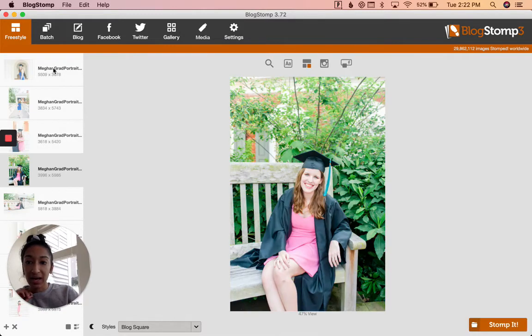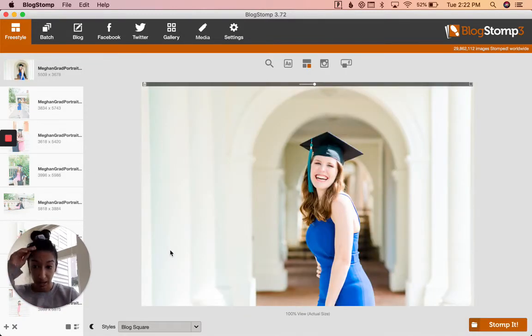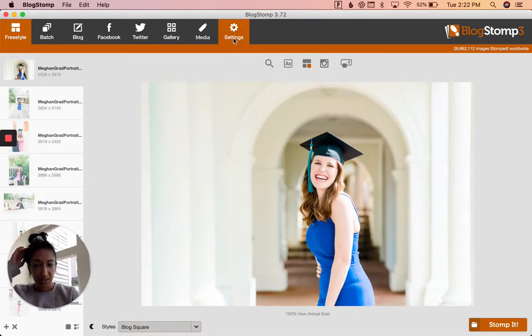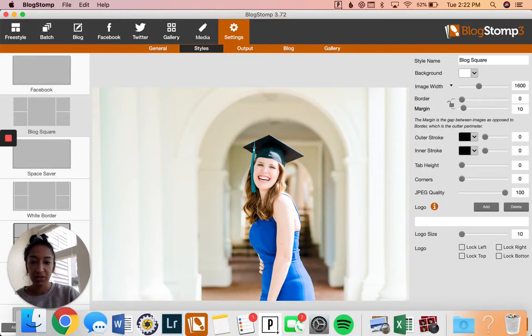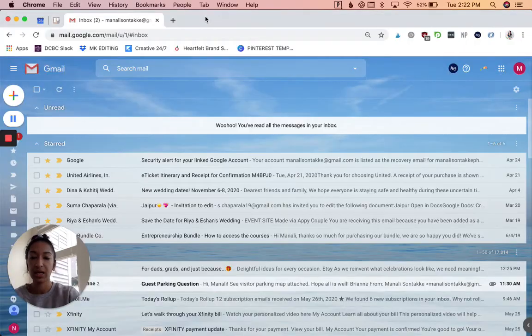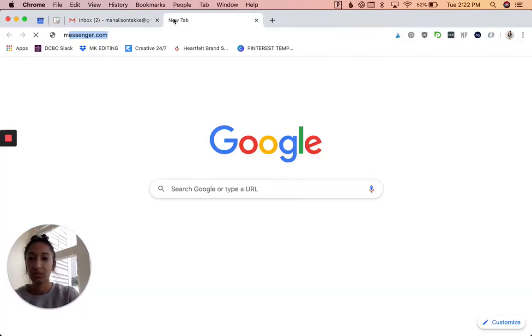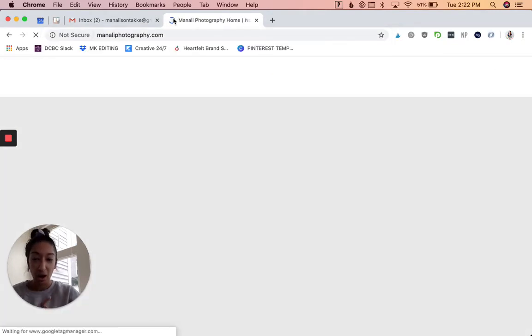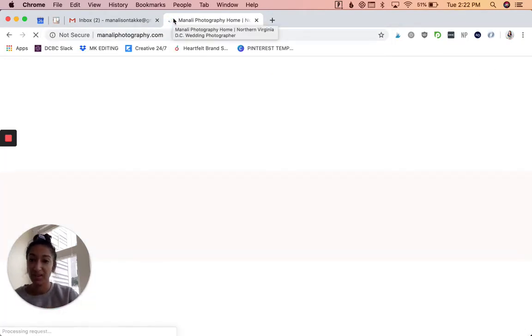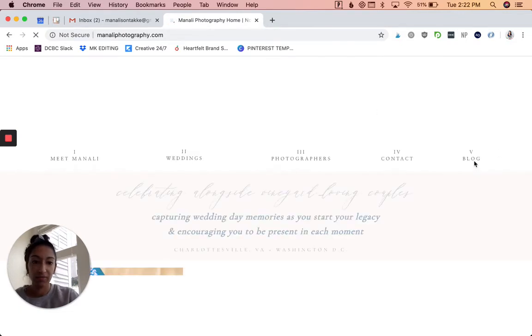The way that I have this set up is, the dimensions for my blog posts, the width of the container that holds the images in my blog post, is 1600. You can find that out if you're using a Showit website. Actually, regardless of what website you're using, I can show you how to do it on a Mac really quickly, and I think you can do a very similar thing on Windows. So if I go to my blog,